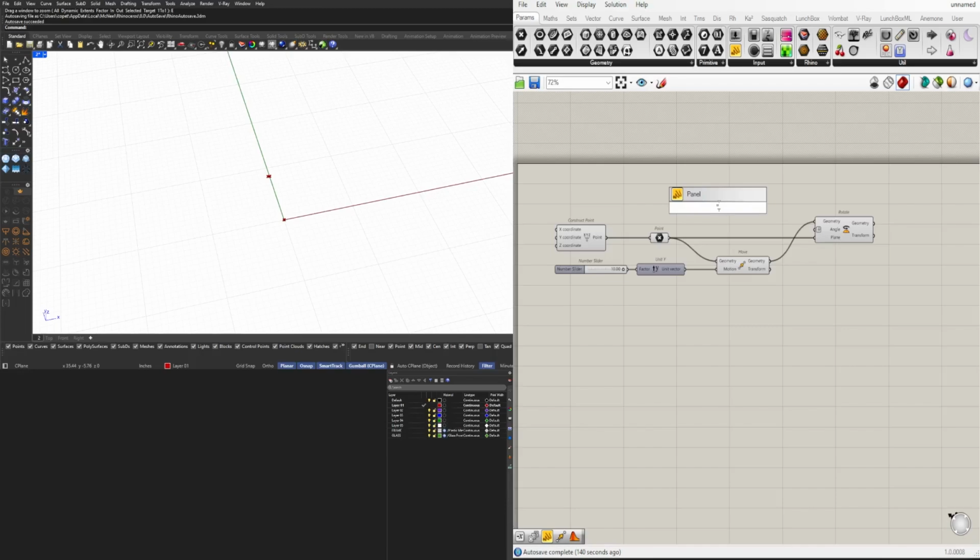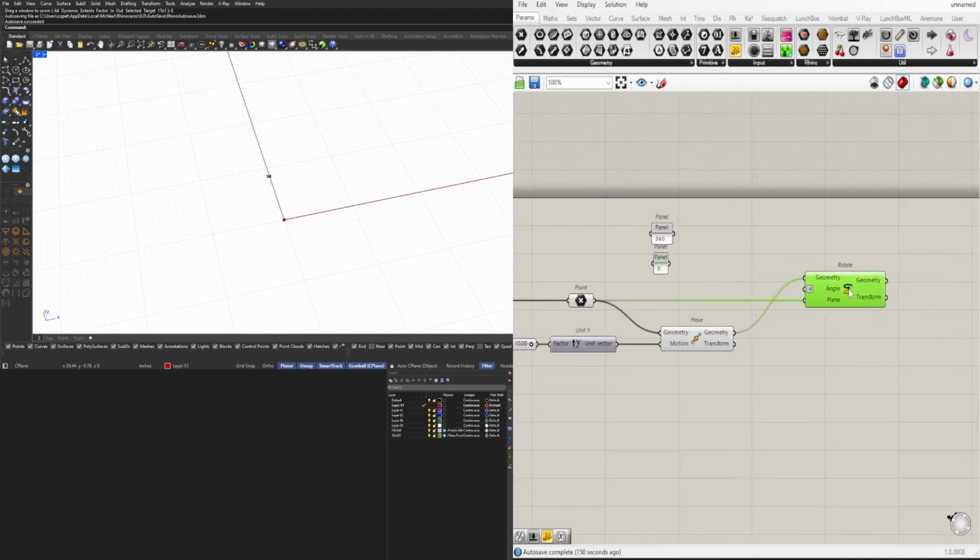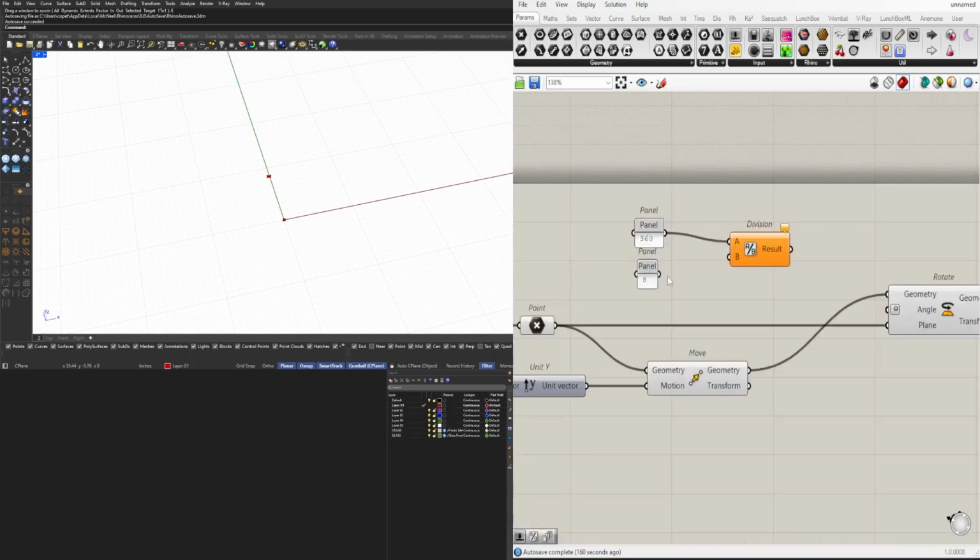So I'll do quotation marks 360. That gives me a panel with 360, and then I'll do quotation marks 8 because that's how much we're going to subdivide it by. So 360 divided by 8